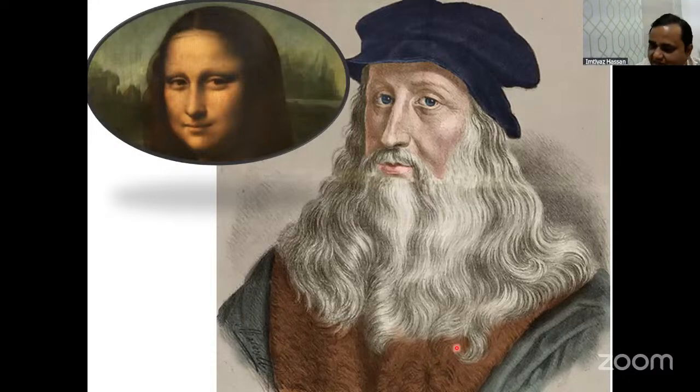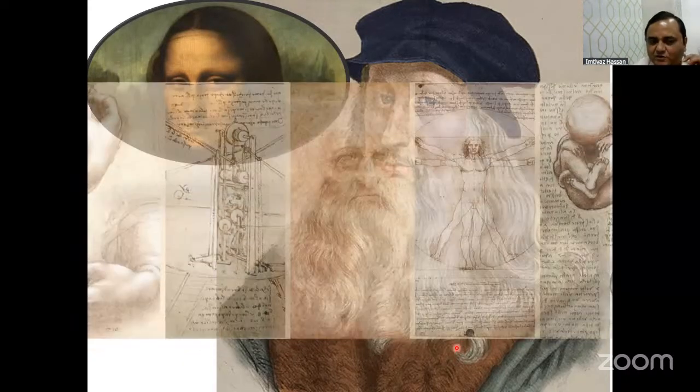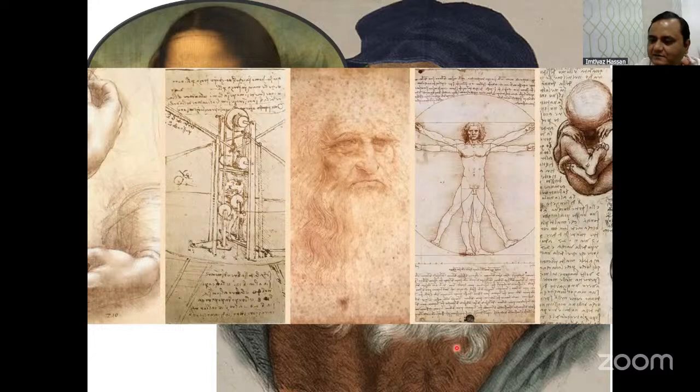Another example I'll give you, since you are always influenced by history. From this picture, you all know what I'm going to talk about. Leonardo da Vinci: you all know that he's famous for the Mona Lisa painting. But many of you don't know he was a father of anatomy. He gave the first concept of how humans, I mean, what the sexual phenomena are and how they actually lead to the birth of the child.